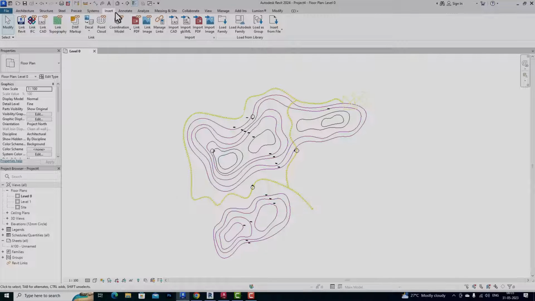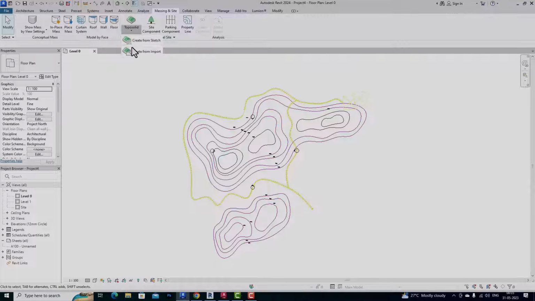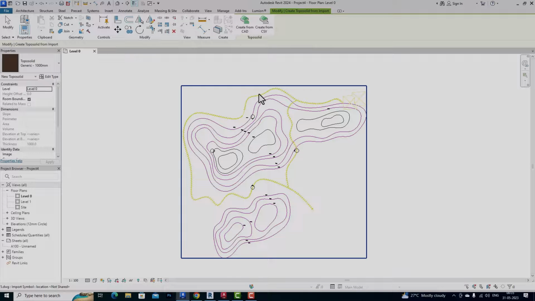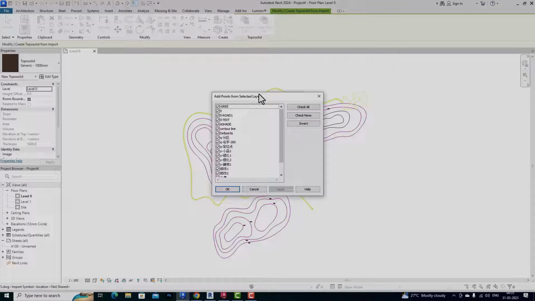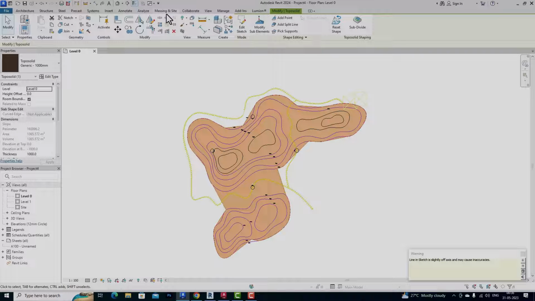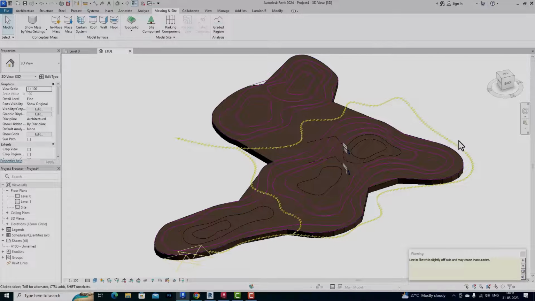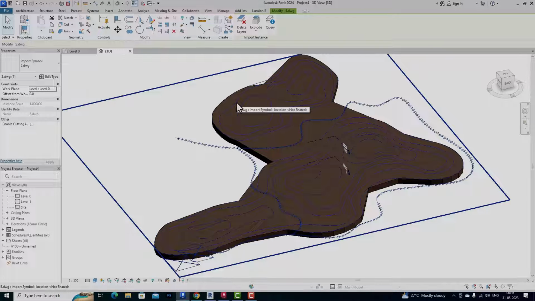Now I'm going to my Massing and Site, Toposolid, create from import and create from CAD, and after selecting this I'm going to select my file. As soon as you select your file, it will ask to add points from selected layers. Whatever the layer of your contour lines, you can use this. I'm going to check none, and I'm going to select this contour line, and I will click OK, and you can see our Toposolid is created using our contour line from the imported CAD file. So this is the use. You can use this one also. So I'm going to delete this,